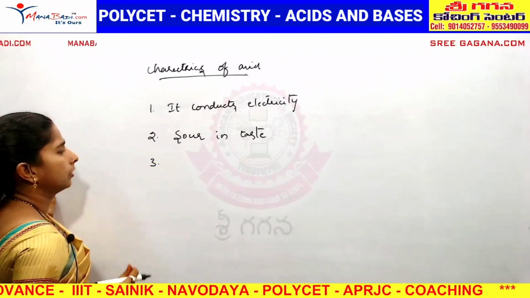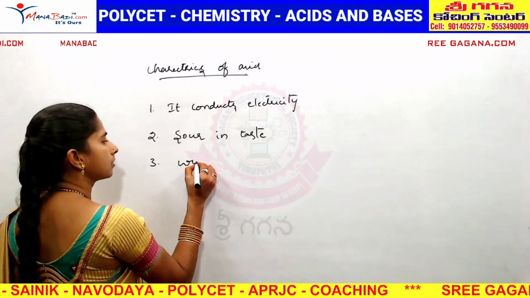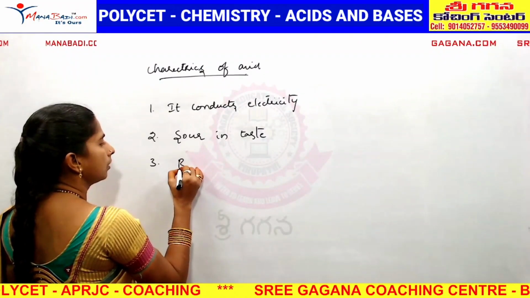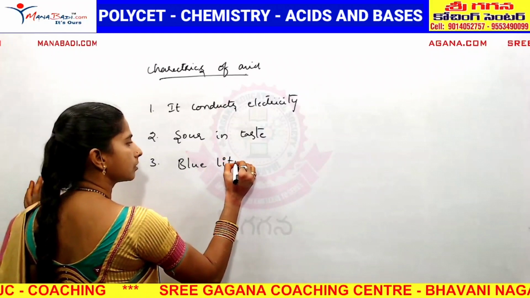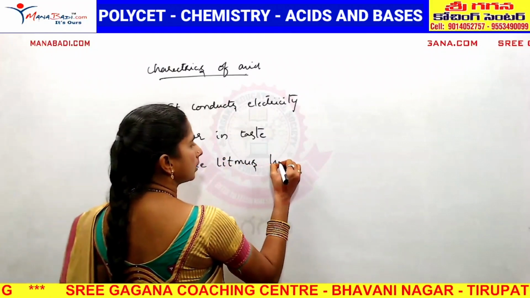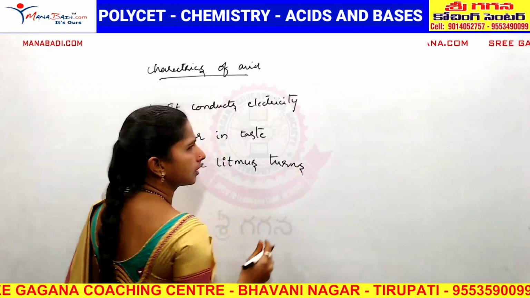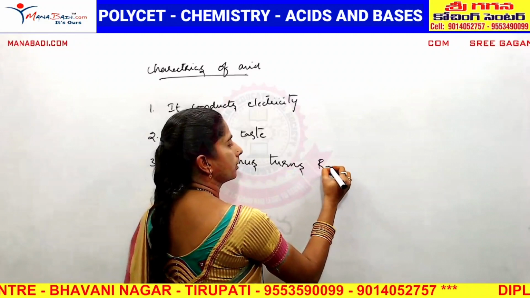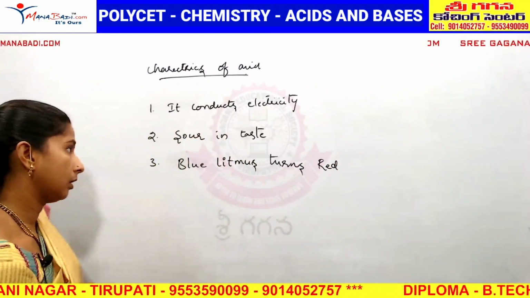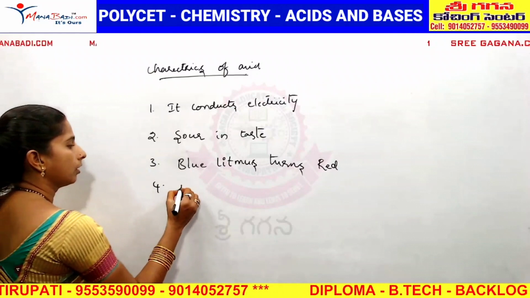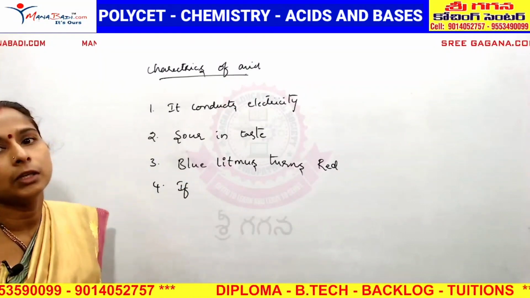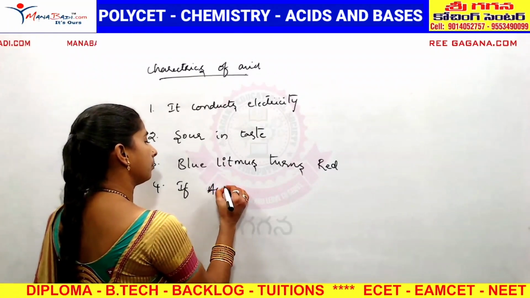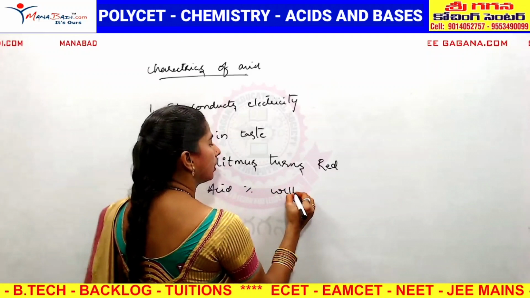And after that, with litmus, blue litmus turns to red. What is litmus? We will discuss it when we are teaching about indicators. Blue litmus turns to red. If the acid content, the acid percentage, is more